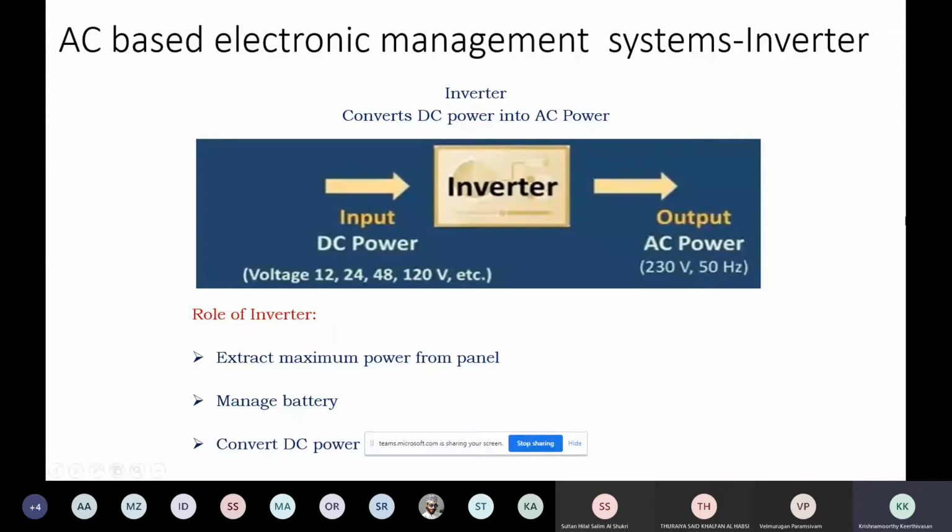Coming to output, as I told you, all these materials we collected from Indian websites. So the output in India, this is the standard rating: 230 volts, 50 hertz system. No issue. All the electrical items that we have brought from India, all our oven, mixer grinders, wet grinder, what I'm using at home, all these things we purchase from India. Indian rating 230 volts, 50 hertz. Luckily, we are neighboring countries and close friends. All the equipment procured in Oman we are directly using in India, and all the items purchased in India we are using in Oman.